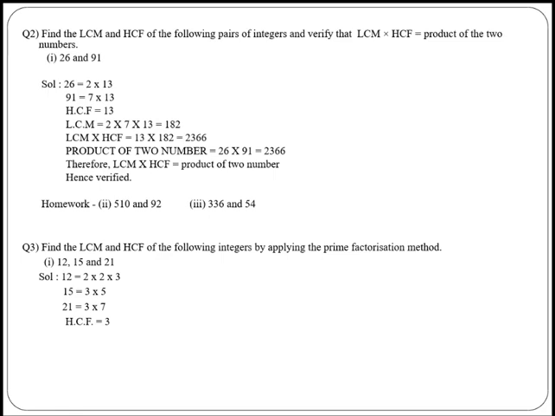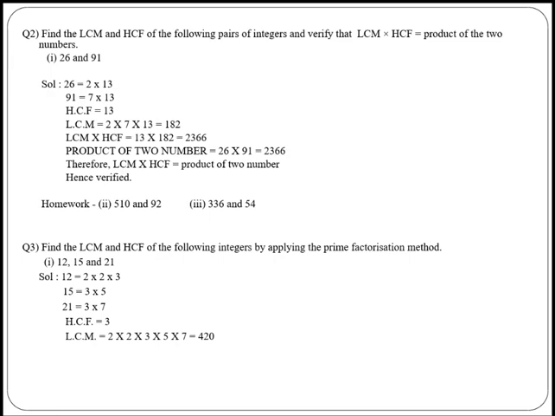So, HCF, we know the highest common factor is the factor which is common in all three terms. So here we have 3 common in all three terms, so our HCF is 3. And for LCM, we take all the numbers, and the repeating numbers only one time. So here we'll get 2 into 2 into 3 into 5 into 7. And when we multiply all these numbers, we'll get our LCM as 420.